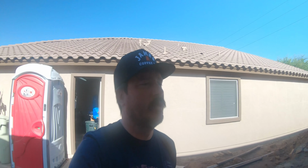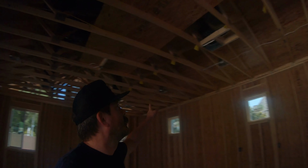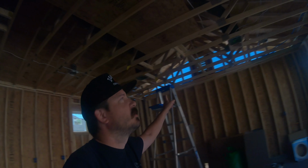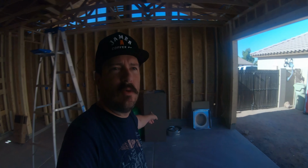All right, update number 2 on the shop, or 3, or whatever update it is. Back from California. Looks like they started to put the registers in. We got six registers. Got the air handler out. I'm not sure why they didn't put it up here. I don't have any notes that anything was not correct, but